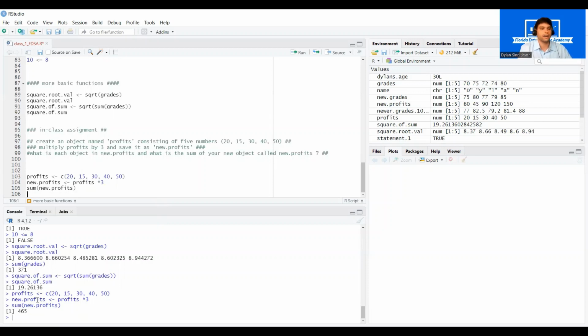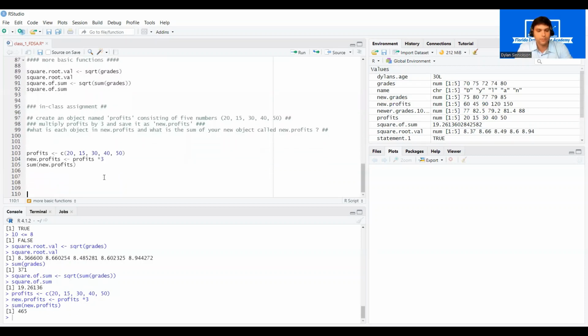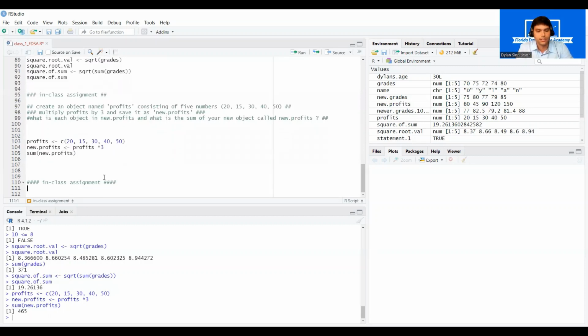So those are the answers to the first in-class assignment. Hopefully you guys were able to do that, find profits and create a new object called new profits by multiplying profits by 3 and then finding the sum of new profits. So now we'll be moving on to our second in-class assignment. And we have a different question for you, which is, I want you to create a vector